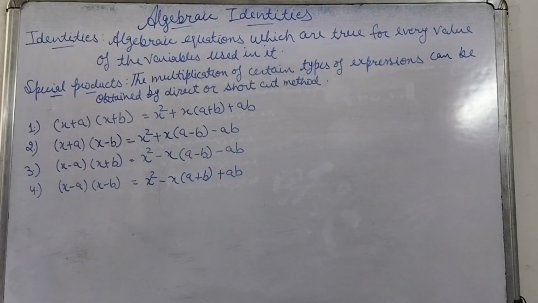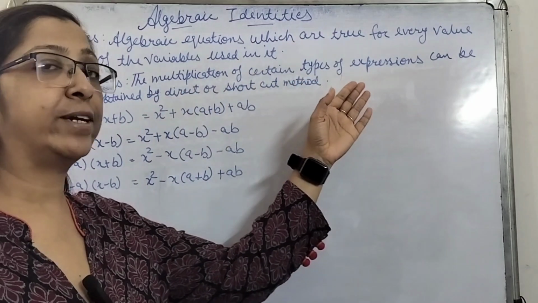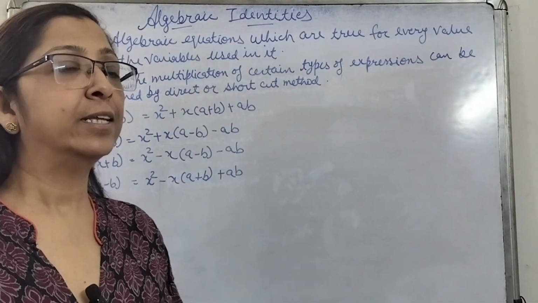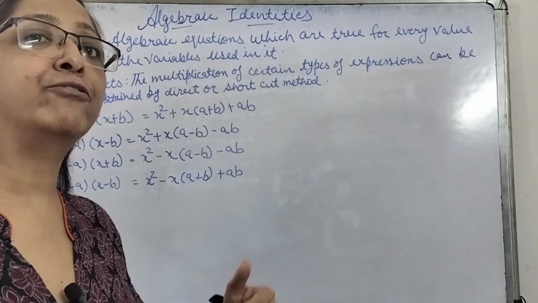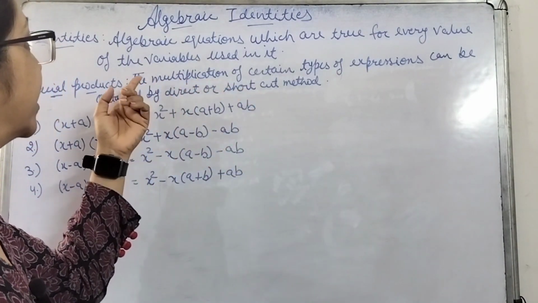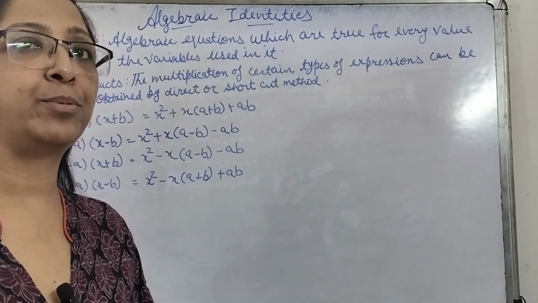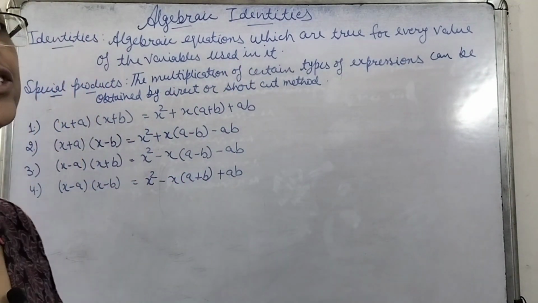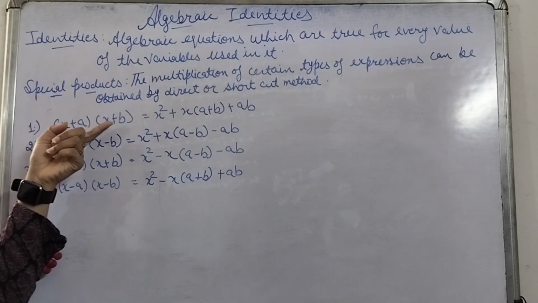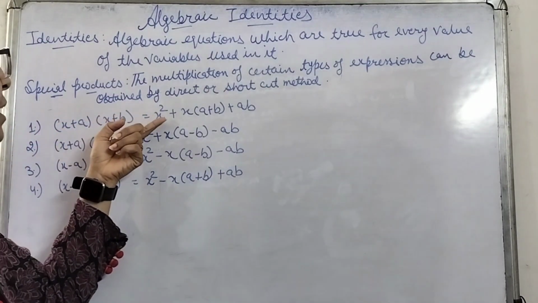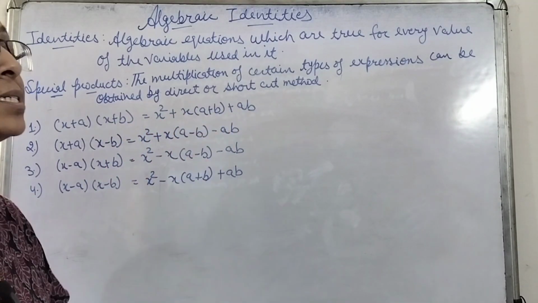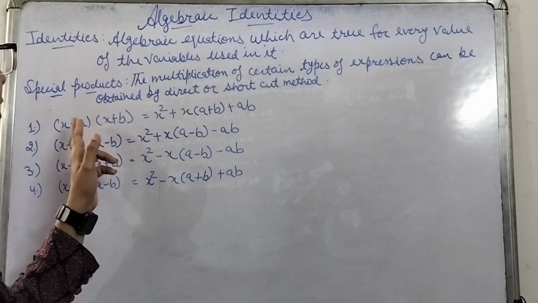Now the special products. The multiplication of certain types of expressions can be obtained by a direct or shortcut method. That means we need not multiply it; if without actually multiplying it, by the direct or the shortcut method, we are getting the multiplication of certain types of expressions, then it is your special products. The first example is x plus a multiplied by x plus b, which can be written as x square plus x multiplied by a plus b plus ab,